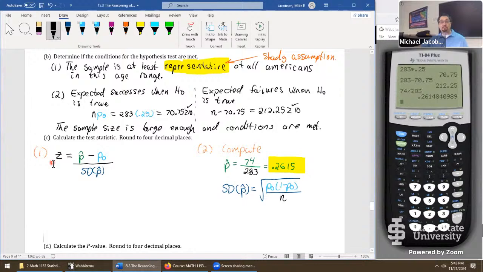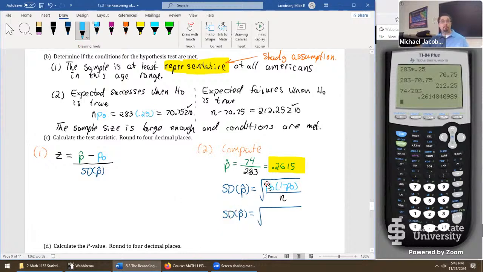So just like z, it's a good idea to write down the formula. Same for the standard deviation right here. It helps with accuracy and just learning the formula as well. If over the course of studying for the final exam, you just write that down maybe 10 times, you're probably going to memorize it just by brute force at that point. So standard deviation, p hat, using our numbers becomes,